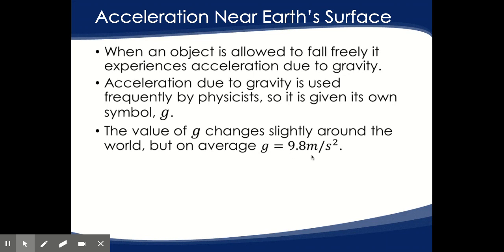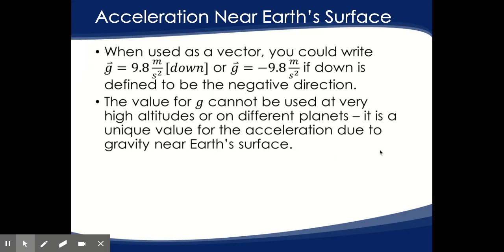Okay, so gravity is an acceleration. It's going to be represented by the variable g, and this is a constant. Anytime you see a lowercase g, it's representing gravity, which is 9.8 meters per second squared. When we use it as a vector, if we need to designate a direction, gravity is defined in the negative direction. You can say it is a positive 9.8 meters per second squared down, or you can say it is negative 9.8 meters per second squared, if down is already